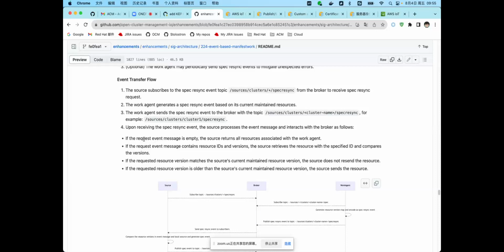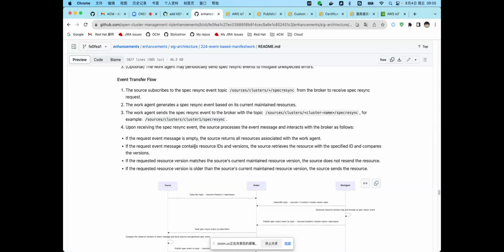It will follow these conditions. So if the request event message is empty, the source returns all resources associated with this work